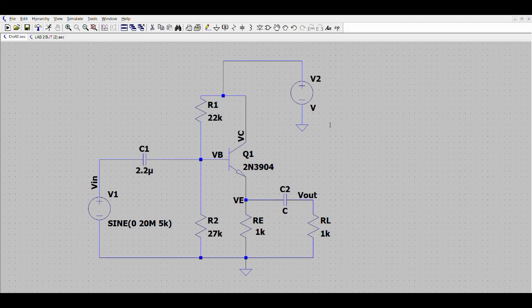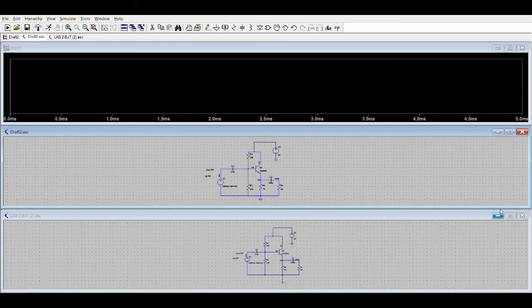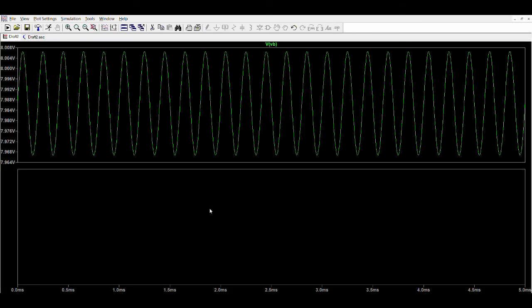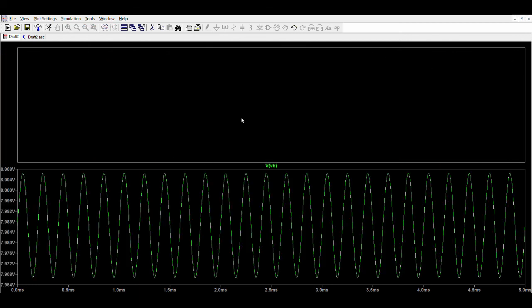And then we also have to put transient, that is simulation command, transient 5M. Click run to run the circuit. Addresses, we want to find VB, VE, VIN,